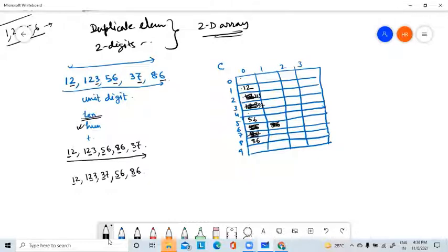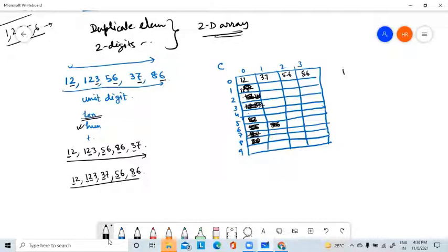For this, what is the 100th place? 0. So I will put it here. So I have already taken this. Then for this, it is 123. So 123 will come here, 1. Then for this again 0. For this again 0. 100th place is 0. For this, the 100th place is 0. Okay. Now I will collect them.